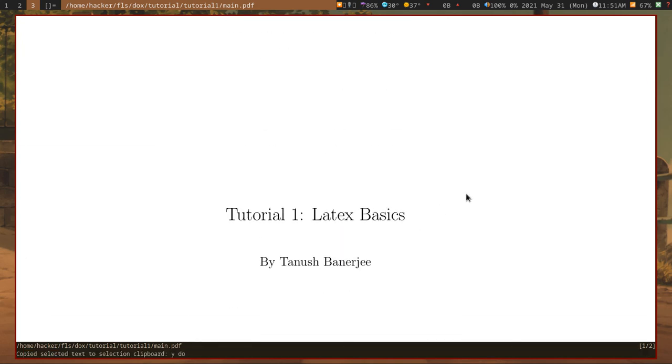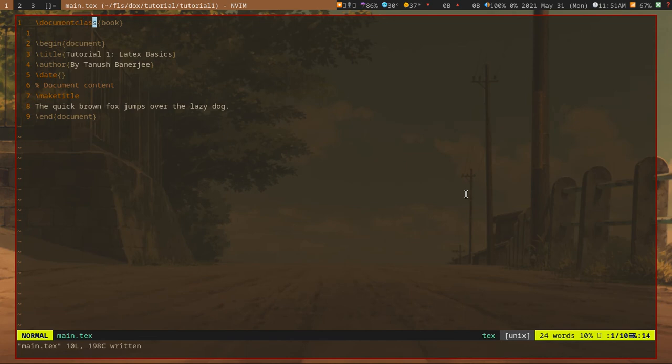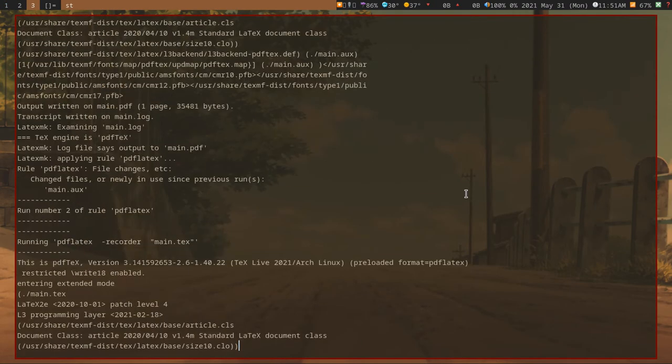As you can see, the title has been given in a new page, because I am using the book class. If you change the book class to the article class, so article, save the file, close this and compile this once again, and open this again.